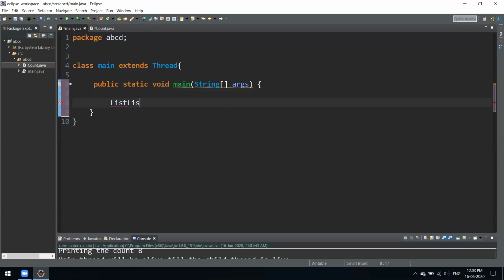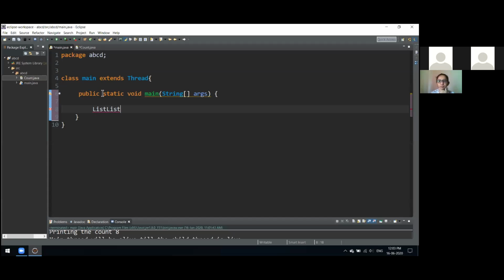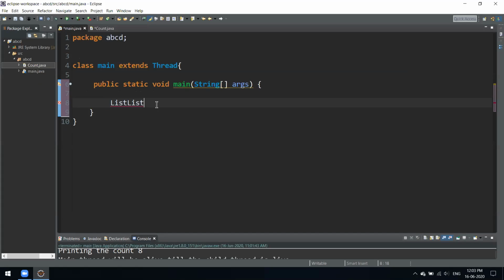This is a double-ended linked list. If you don't know, there are two types of linked list. The first one has a single node link, and this one has nodes on both sides. So it has the memory address of the next one and also the previous one. Now we'll declare a generic linked list, which has a single data type.